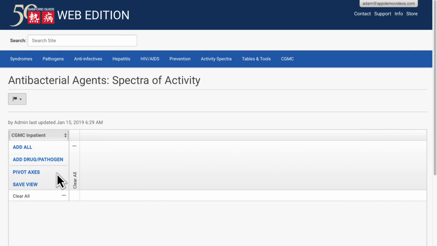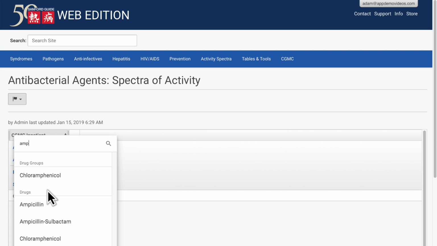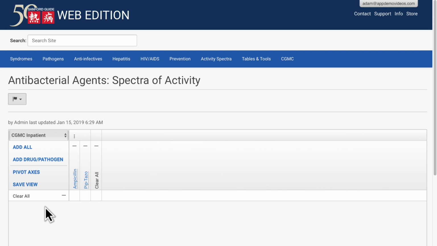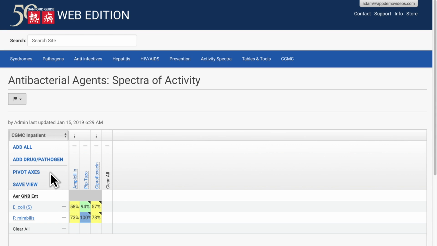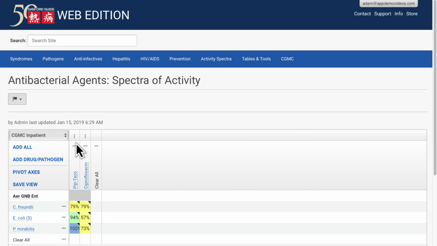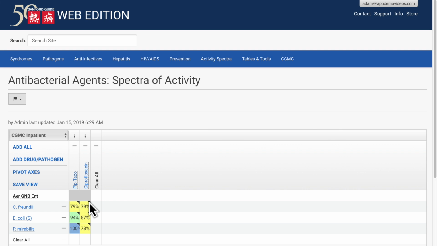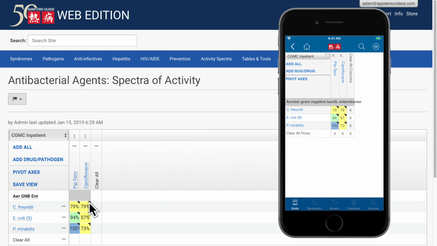Our antibiogram tools allow you to display an unlimited number of antibiograms. After the initial setup, you can add new views to your antibiogram with just a few clicks. Add the drugs and pathogens you'd like to display using the Add Drug or Pathogen button, and remove any that you'd like to exclude by clicking the minus symbols adjacent to each drug and pathogen. Once you're satisfied with the new filter, click the drop-down at the top left of the table and select the dataset you'd like to display. Click Save View and enter the name you'd like to use for this antibiogram. Within seconds, your users will be able to see this antibiogram in their apps just by tapping on the view